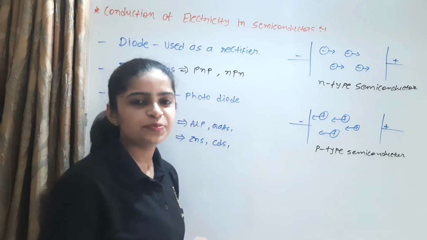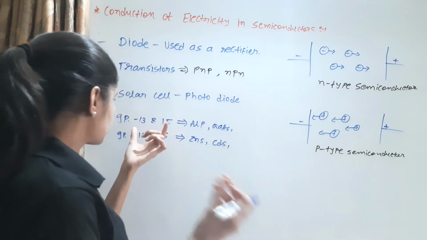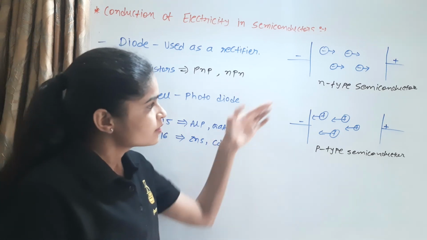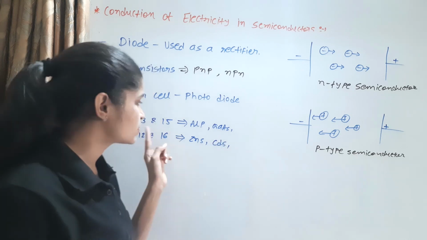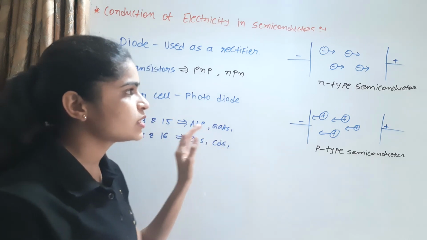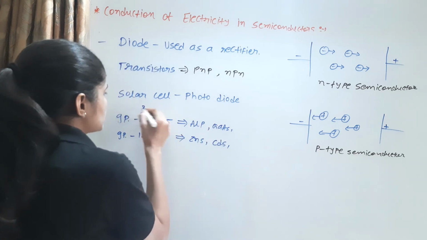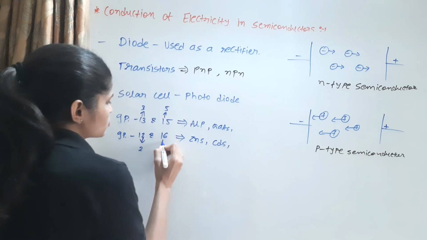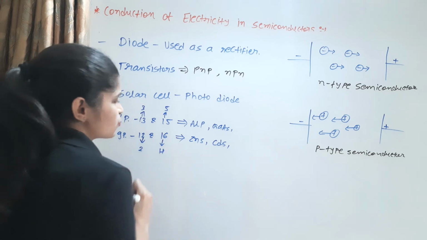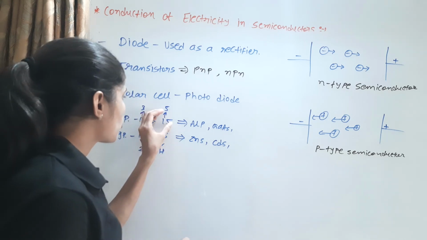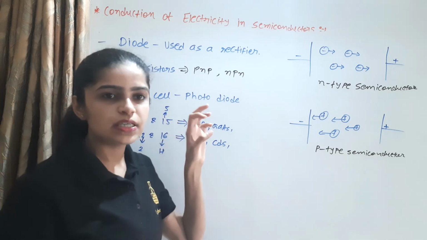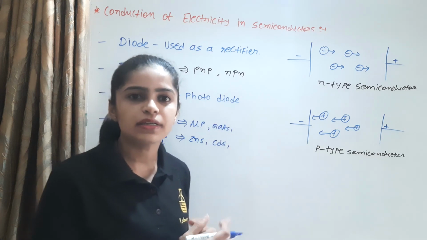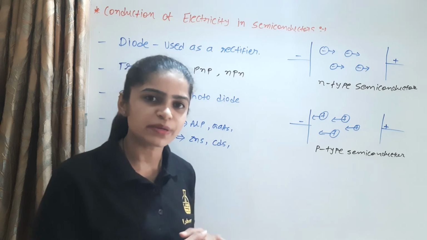This variety of solid materials is made up of combinations of groups 13 and 15 and groups 12 and 16. We consider the example of groups 13 and 15. Group 13 means valence electron 3 and 15 means valence electron 5. 12 means valence electron 2 and 16 means valence electron 6. When this type of material acts as an impurity in the silicon crystal, it gives different semiconductors, and they are very useful semiconductors.